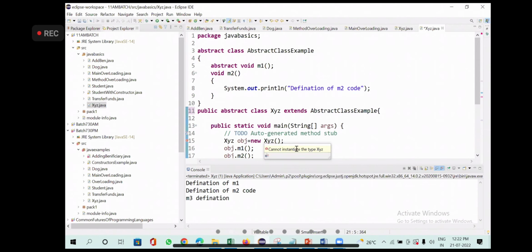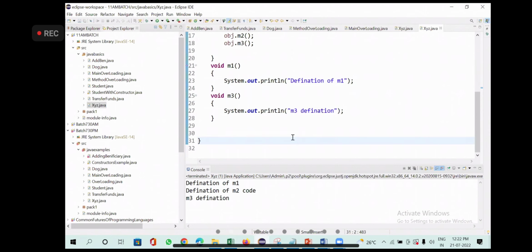An abstract method is the one which does not contain any definition. Any class extending the abstract class should provide the definition. What I am doing here, I am not providing the definition. You don't provide the definition, what will happen? This class also becomes an abstract class. If it is an abstract class, you cannot create an object. As simple as that. Okay. Let me do Control Z.